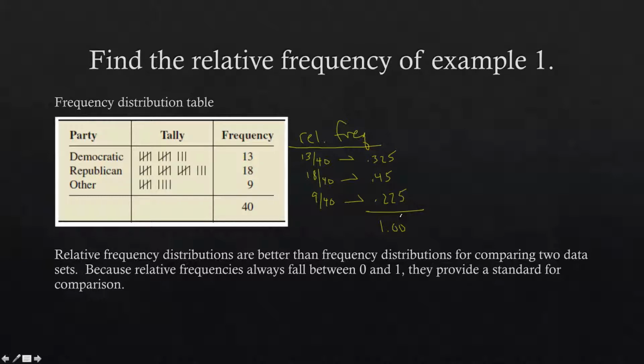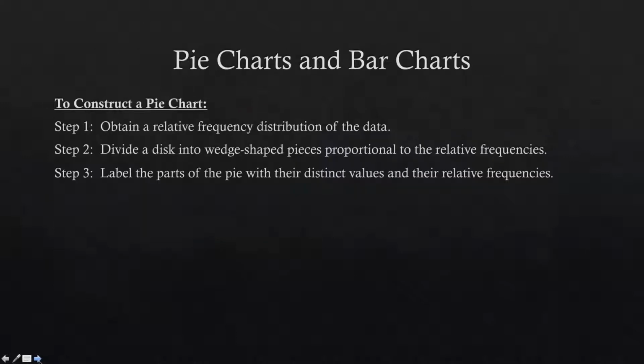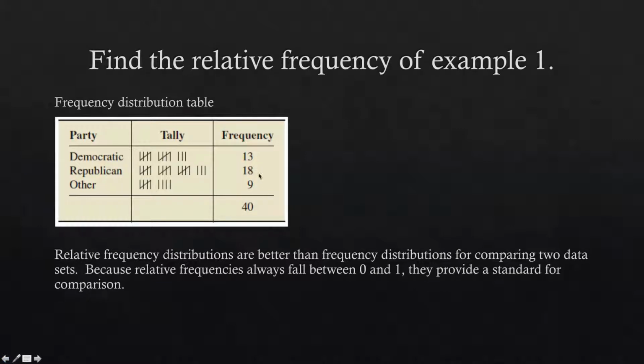They provide a standard for comparison because it's basically telling you what percent of the total something is making up. So it's allowing you to compare in something that we understand, which is percent, decimals and percent. So it's a lot better than frequency. So you're going to probably be asked for relative frequency more than you would frequency alone. Because when you're counting, really and truly, what does counting end up in? That really doesn't tell you much, but a decimal or percent out of 1 or 100% does tell you a lot about something. Because if you look back at this, it tells you, if I know the decimal percent of this,